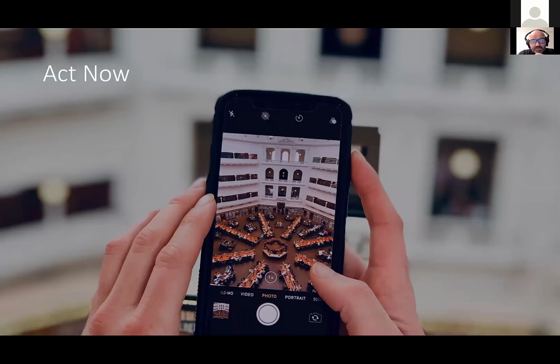Okay, that brings us to the end of this little presentation. Things to do: act now, right? Think about how, even this session right now, you could have been taking screenshots and tweeting those out and putting hashtags on them, showing that you're involved in the session.